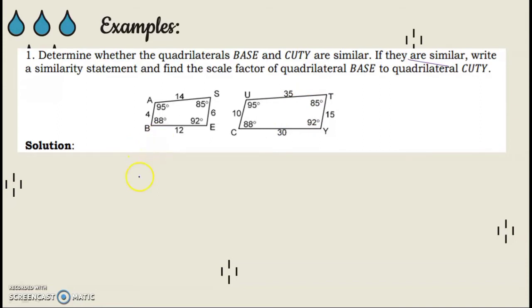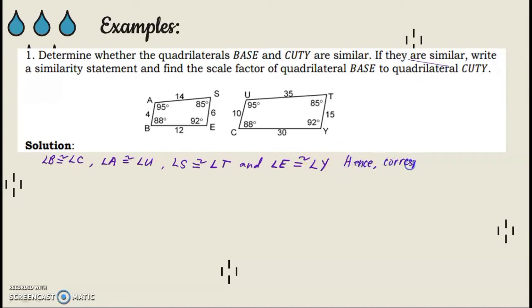So, una, all you have to do is check nyo muna yung mga angles. So, mag-focus muna tayo sa angles. So, si angle B is congruent to angle C. Tama? Then, si angle A is congruent to angle U. Then, si angle S is congruent to angle T. And lastly, si angle E is congruent to angle Y. Tama? So, hence, ito yung lalagay niyo, the corresponding angles